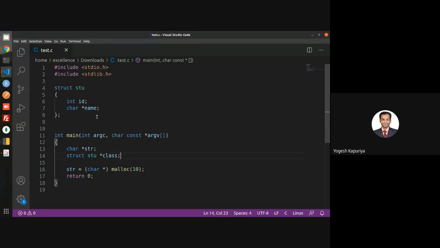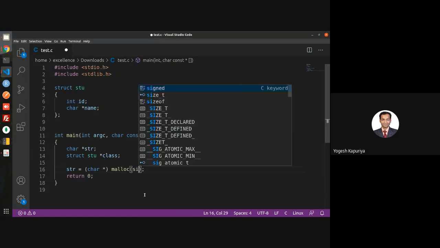So instead of giving a fixed number of students in the class, I'm saying that there are n number of students in the class. Now, if I want to allocate the memory for this, I don't know what is the exact memory which is required by a single student.